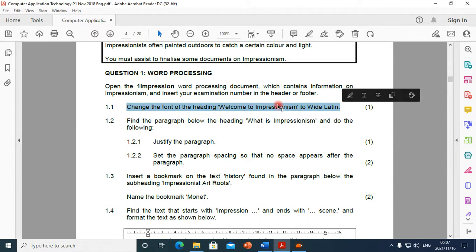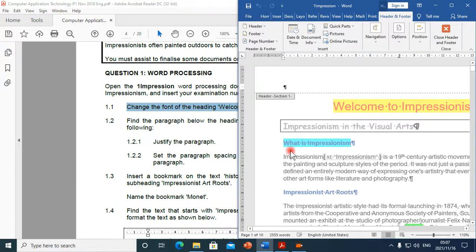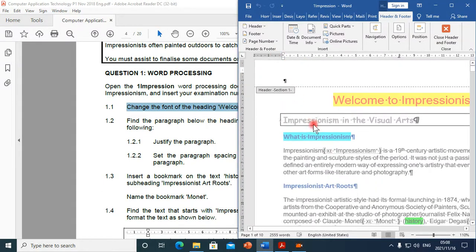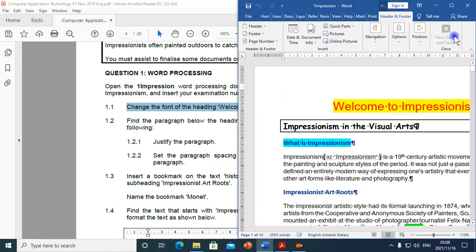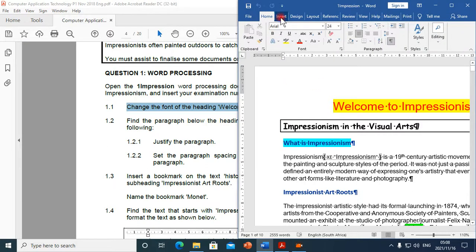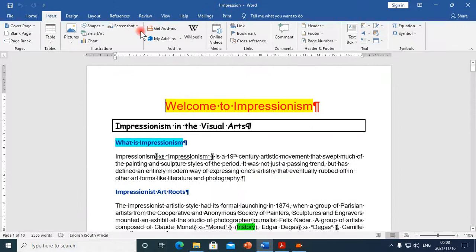of the heading. So we're going to start by adding our examination number. So you have to simply double click to activate the header or footer. If you double click at the top most of the document, it activates the header at the top and the footer at the bottom, as you can see. The other method to insert a header or footer, you can click on insert, and then you have header and footer over there. If you don't see it anywhere here under the insert tab, you can check it under